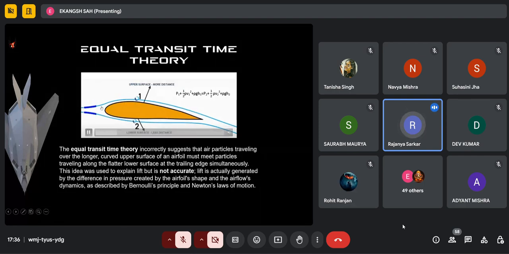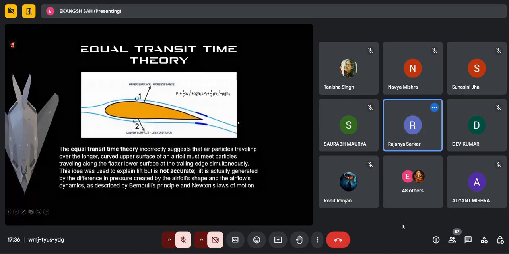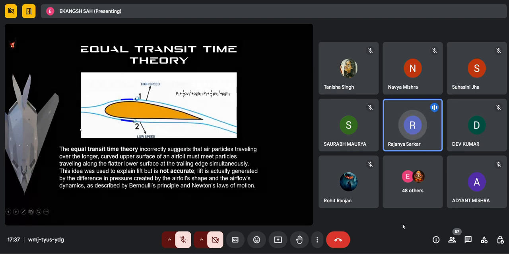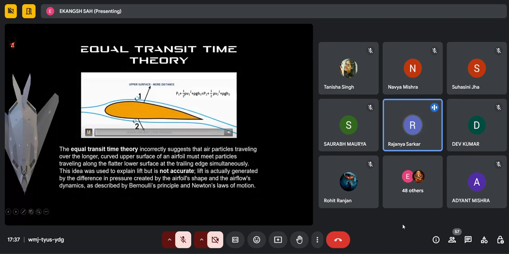Now, this theory takes an assumption: it assumes that the time taken by the flow along the upper surface of the airfoil is the same as the time it takes to flow along the lower surface. Due to this assumption, we can easily predict that,